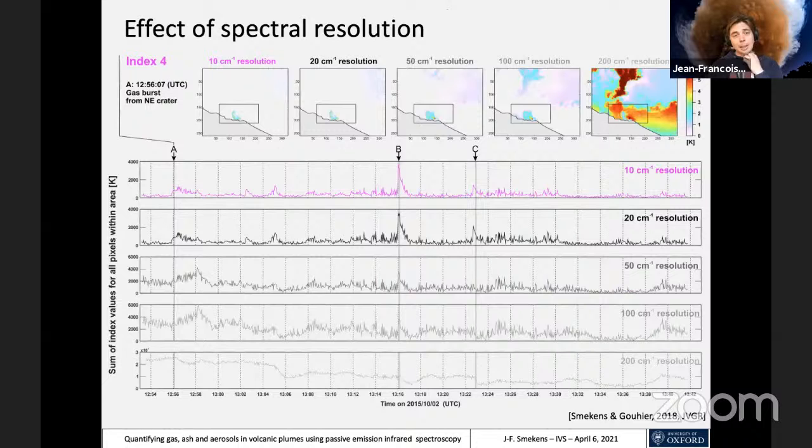The last thing that we looked at was the effect of the spectral resolution. This is a way of looking at what would happen with a bandpass filter instrument. The indicators I showed you before were constructed with bands of 10 wave number resolution, but that's very unrealistic if considering a multispectral imager. Most commercial manufacturers have much higher bandpass filter resolution. So when increasing this resolution, essentially widening the band of the on-peak and off-peak frequencies, you can see